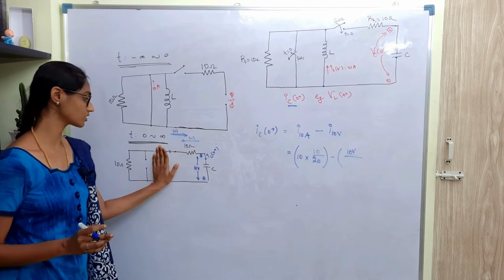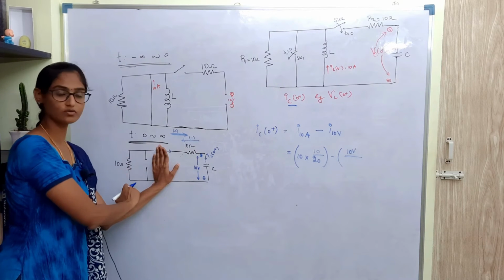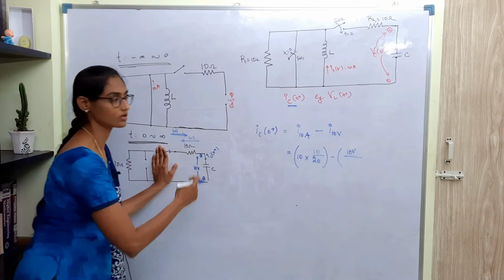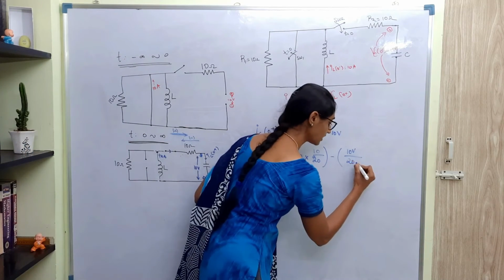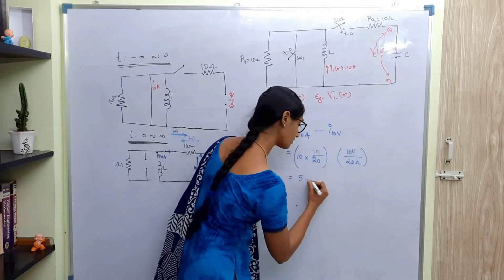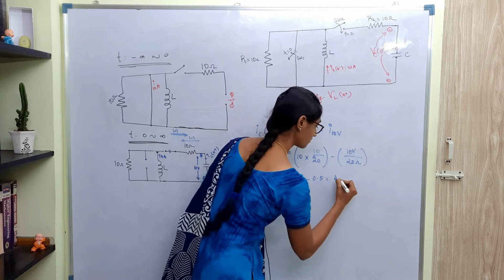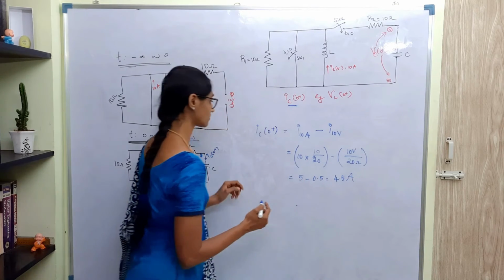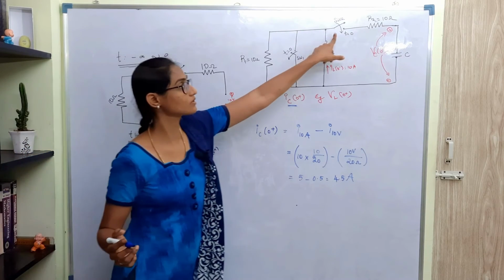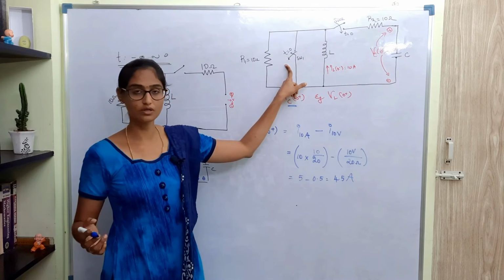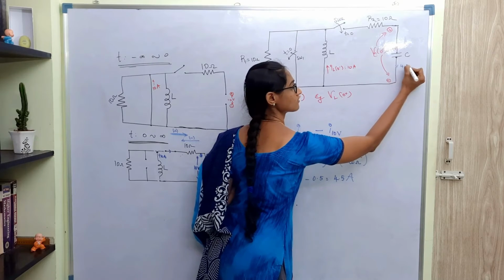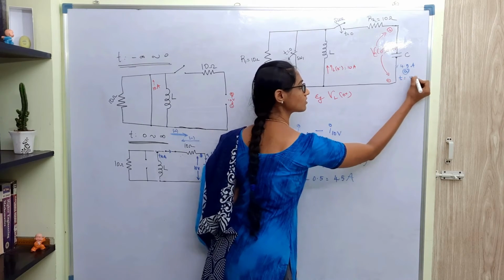Okay, since you are going to open circuit this path, the current will directly flow into the 10 ohm from this. So you are considering both of them in series when you are considering only the 10 volt voltage source. So it is 10 volt divided by 20 ohm, which will be 5 minus 0.5, 4.5 ampere. Okay, so this is the current that is passing through the capacitor just when the switch SW is closed and just when the switch SW1 is opened. The current of 4.5 ampere will be passing through the capacitor at t equal to 0 plus.